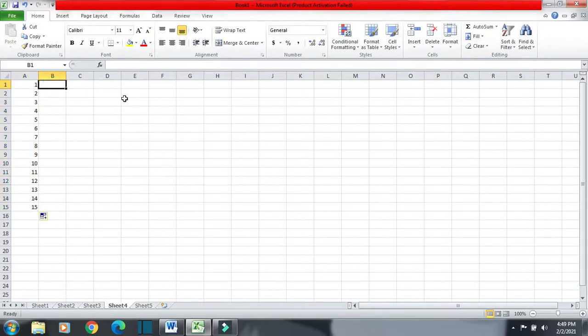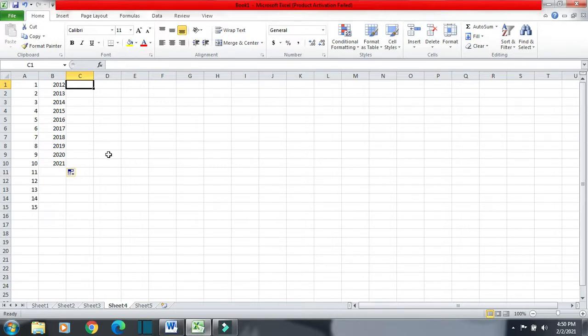Okay, so this we can do with numbers. If we want to go for any other data, we have this option also. Suppose years 2012, 2013. I want to go like this. So I will select these two cells and then I will just drag: 2014, 15, 16, 17, 18, 19, 20, 21. Like this we can fill a series, we can extend a series.